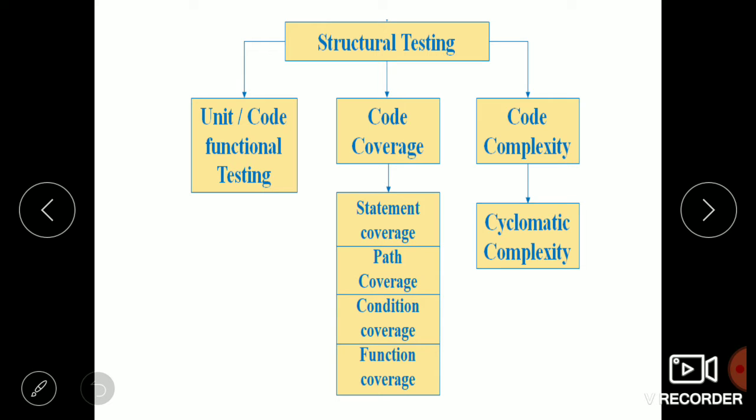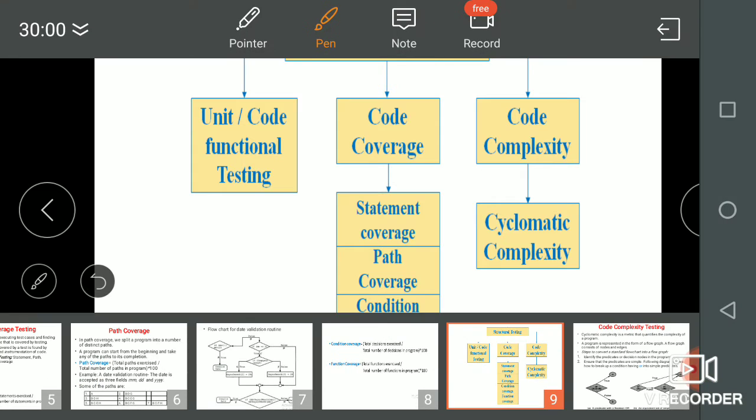Hello everyone. In the previous sections, we saw the different types of coverage: statement coverage, path coverage, condition coverage, and function coverage. These different types of coverage can be used to test a program. Two questions come to mind while using these coverages: which of the paths are independent? And second, is there an upper bound on the number of tests?